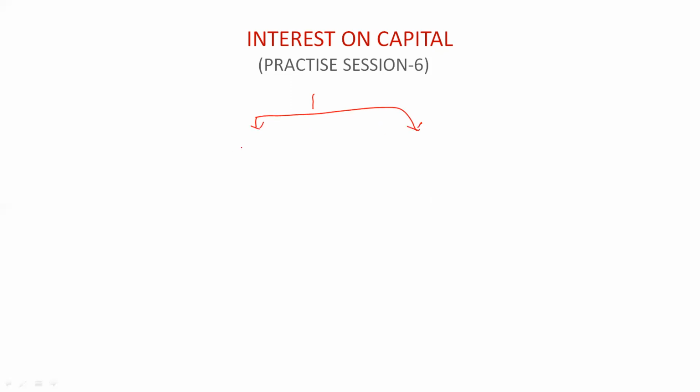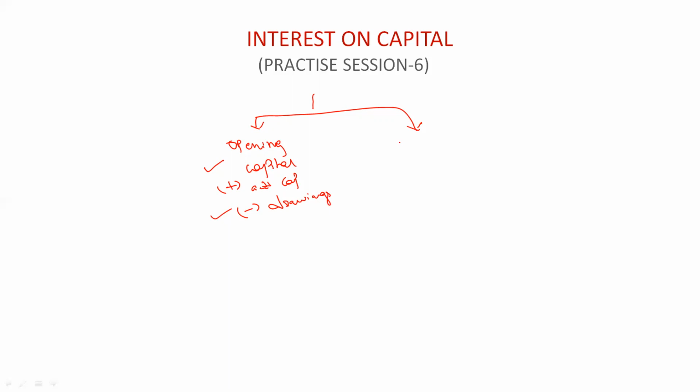Okay. So in the first case, the opening capital will be given in the question, right? So opening capital will be given, and along with that, the rate of interest will also be given. Okay. So it's very simple. When opening capital is known and rate of interest on capital is known, we can simply find out the interest on capital. Along with that, if we have any additional capital, then we will find interest for additional capital as well. In case we have any drawings, then we deduct the drawings. Clear? So this was the first concept that we have discussed.